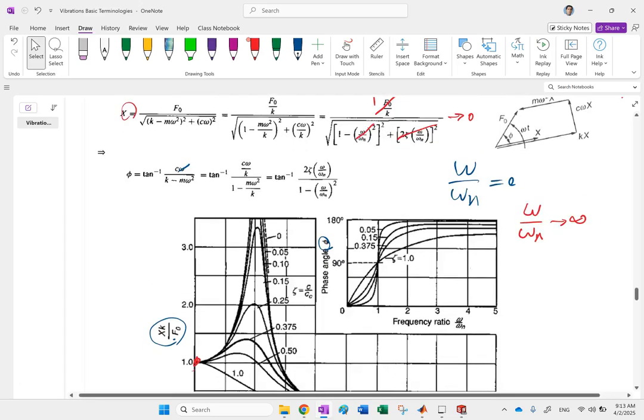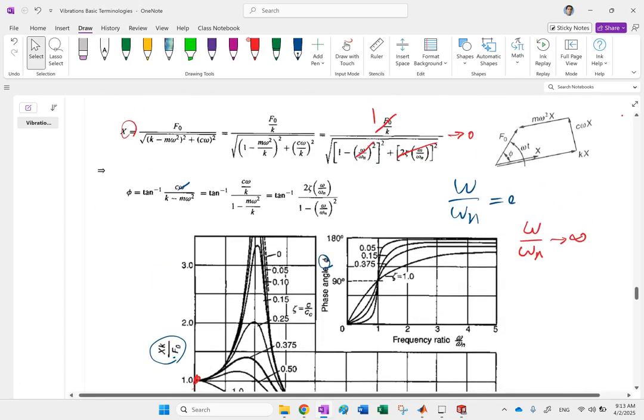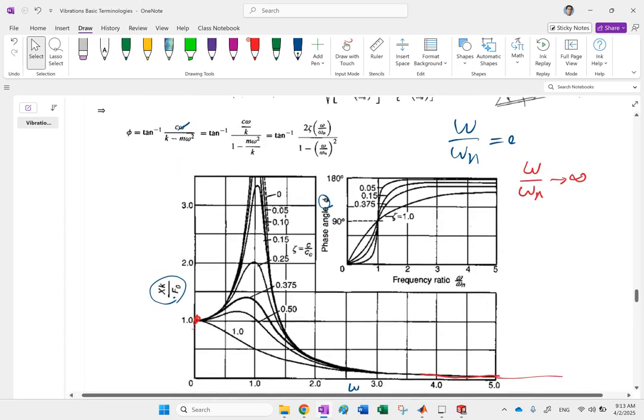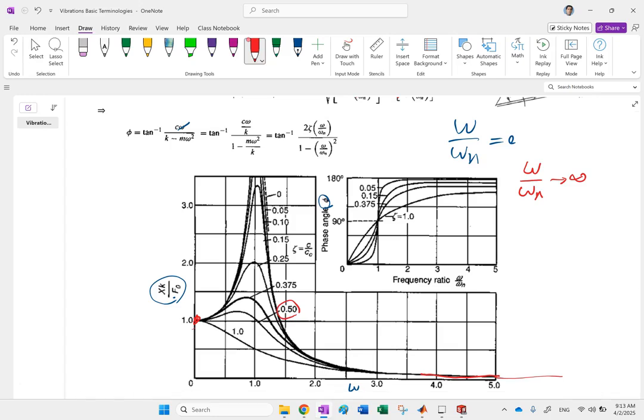Okay, now each one of these curves has a maximum point. You can see that, except for xi bigger than some number, which we'll see what number. Except for xi bigger than some number, all of these curves have some maximum point. And after some zeta, sorry, not xi, zeta, after some zeta, there is no maximum in the curve. We'll talk about that. So first thing is this maximum amplitude of the response of the system that happens,